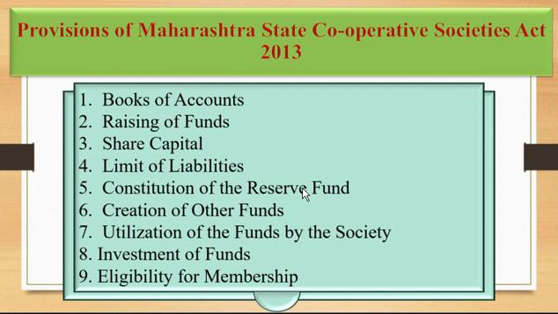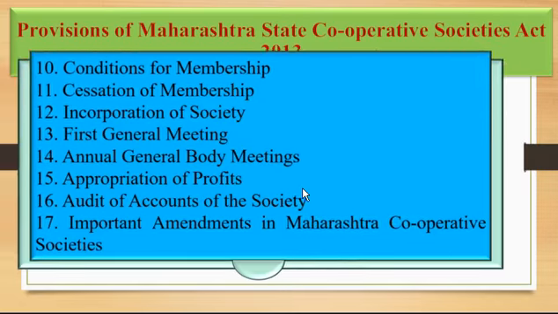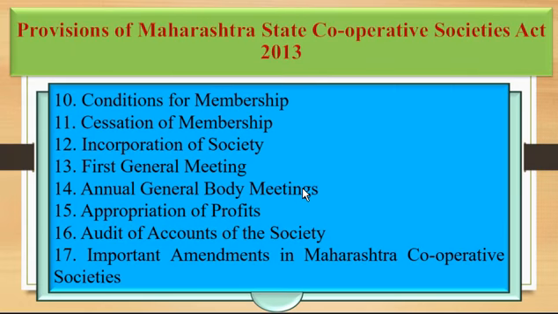Next is a public trust registered under any law for the time being in force for the registration of such trust. Next point is condition for membership. In that, an individual who is eligible to be the member and who has applied for membership of the society in the prescribed form may be admitted as a member by the committee on complying with some conditions, like he has fully paid the value of at least 10 shares of the society along with his application for membership, then he has paid the entrance fees of rupees 100 along with the application of membership,